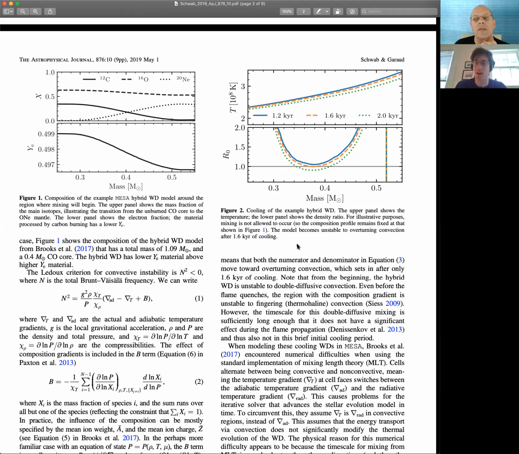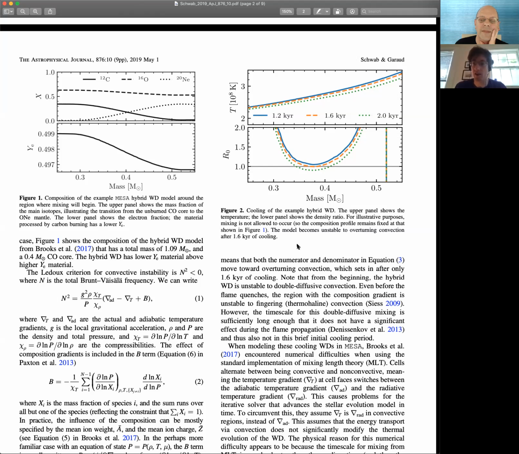So you take a time step, and then in the next time step, because you've changed the temperature gradient and the composition gradients, you don't want to be convective anymore. And so you stop. But then the next time step, after things have adjusted a little bit, you want to become convective again. And so in this previous paper, if we just ran MESA and let it go, we saw a huge amount of kind of flip-flopping where little zones were going back and forth, and it was very difficult